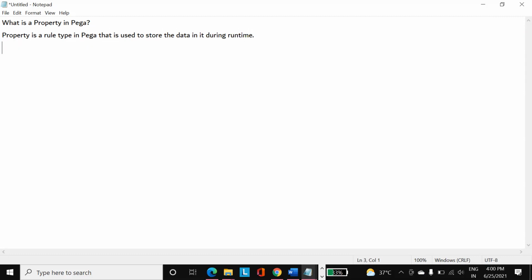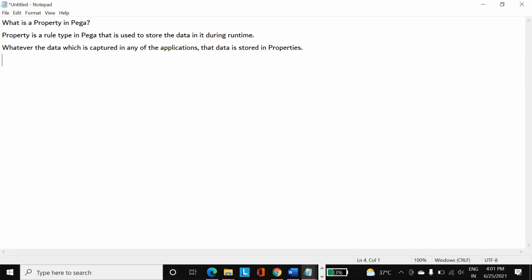Whatever data is captured in any of the applications, that data is stored in properties. So this is what a property is all about.